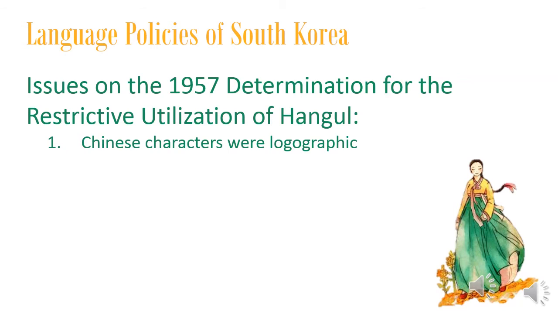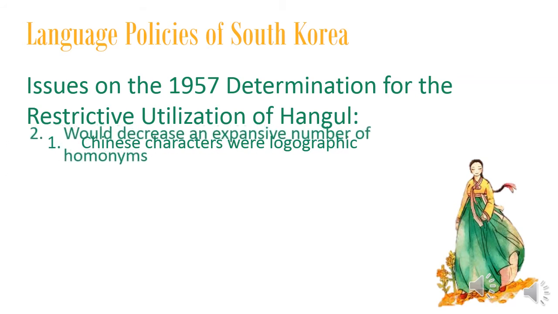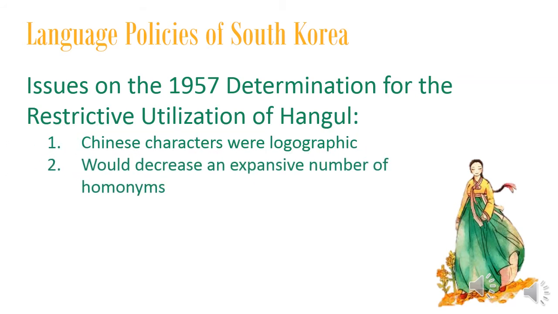And the second one is that they decrease an expansive number of homonyms. Homonyms meaning each of two or more words having the same spelling or pronunciation but different meanings and origins. So they contended that having Chinese characters means that they will decrease the number of words that have the same spelling but different meanings. The third one